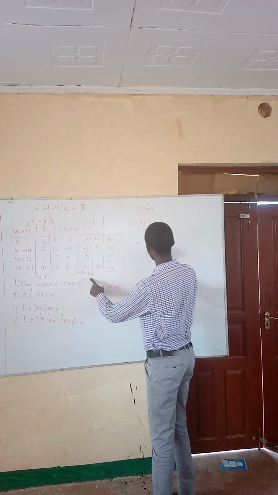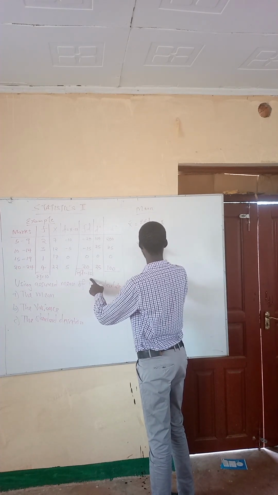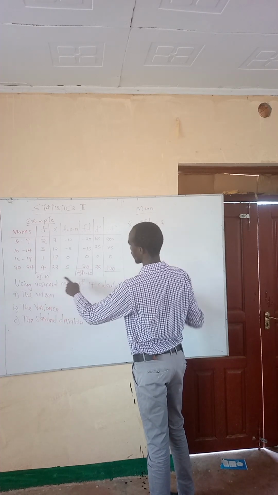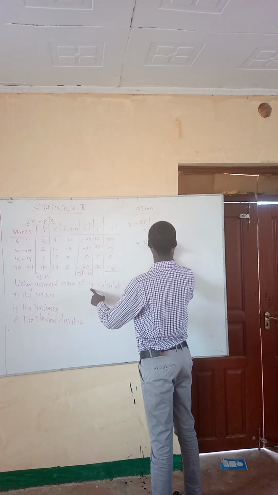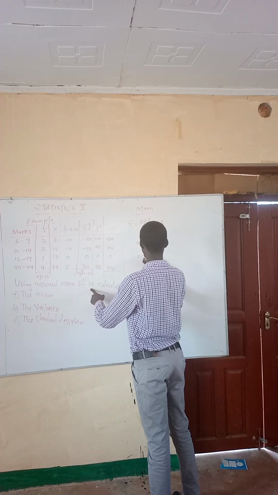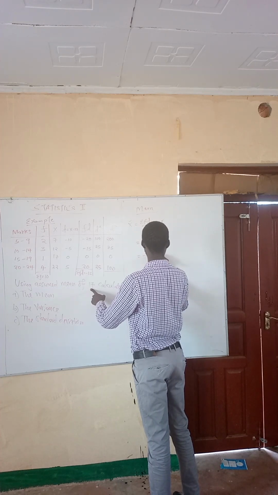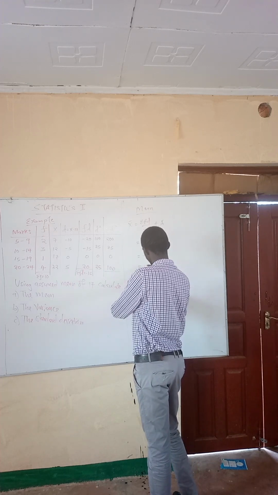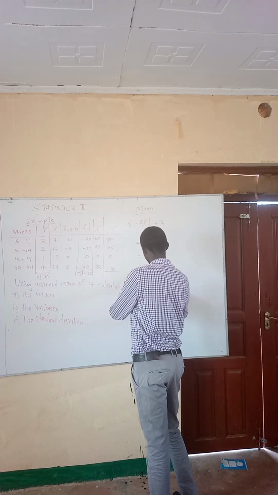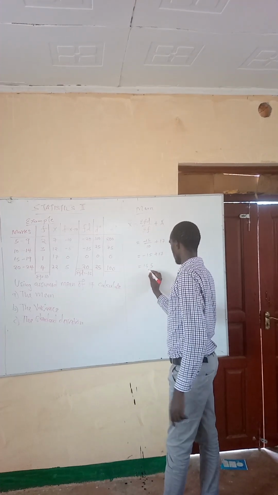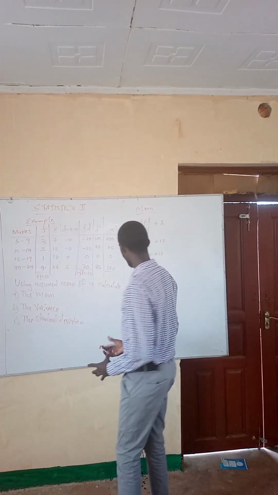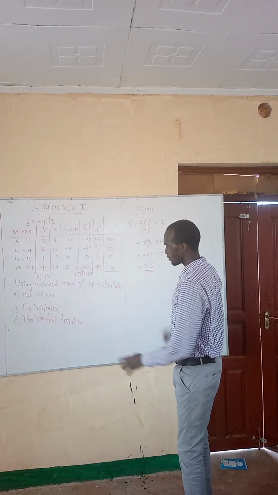So, in this case, we have negative 15 divided by 10. Then we have the assumed mean, which is 17. So, this becomes negative 1.5 plus 17, which becomes 15.5. So, that becomes the mean of our data. Then, from there, we are going to compute